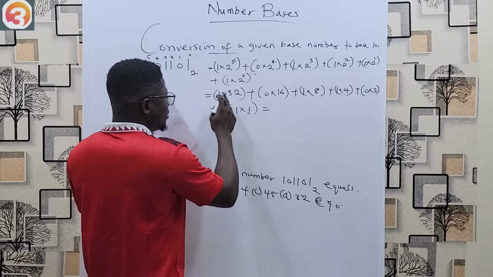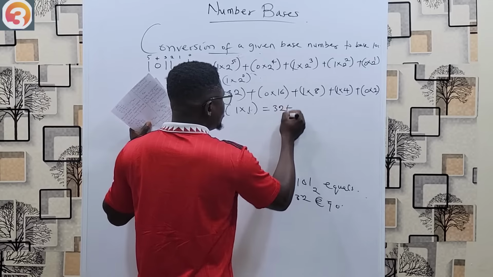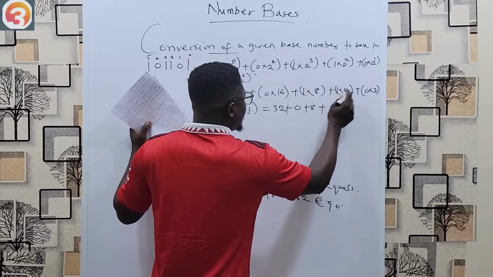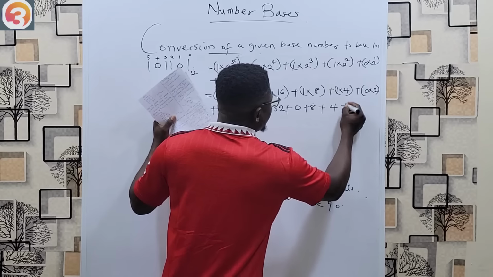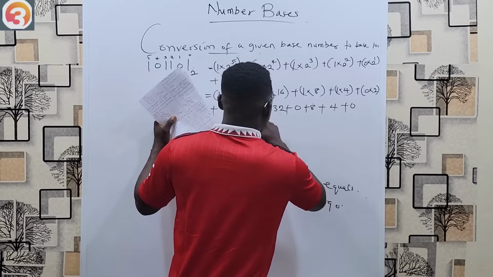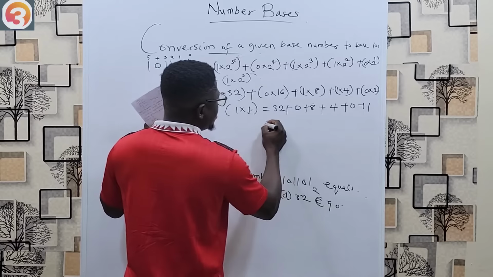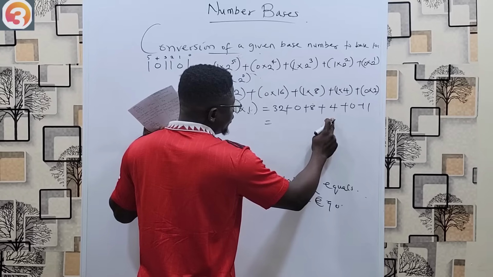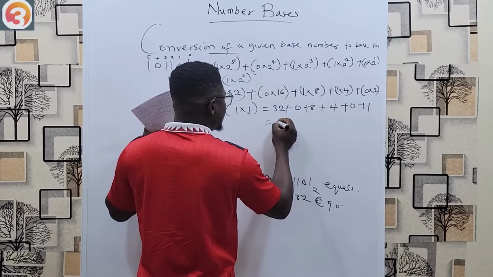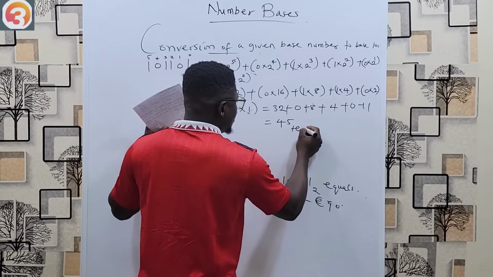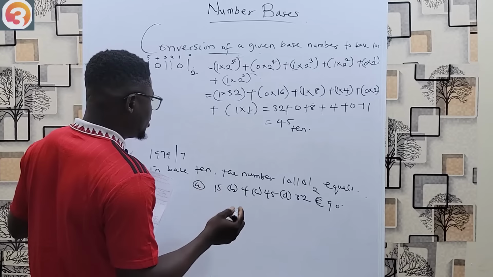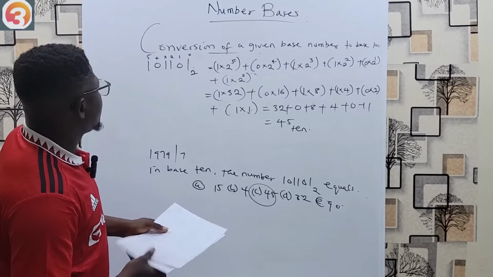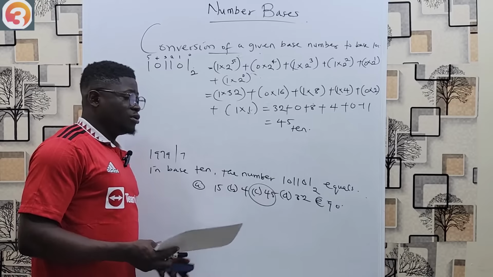So now you can start adding. 1 times 32 is 32. Plus 0 times 16 is 0. Plus 1 times 8 is 8. Plus 1 times 4 is 4. Plus 0 times 2 is 0. Plus 1 times 1 is 1. So I'm going to have 32 plus 8 is 40. 40 plus 4, 44. 44 plus 1 is what? 45 base 10. So does that correspond to any of our options? Option C. So I'm able to successfully convert 101101 base 2